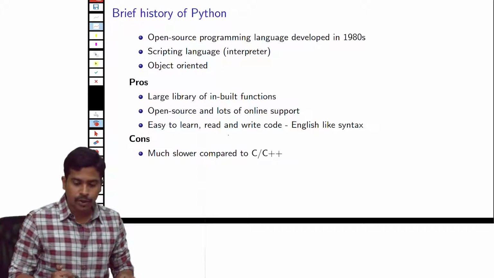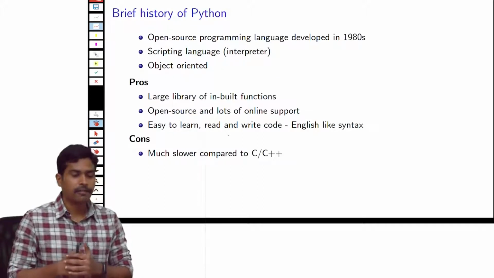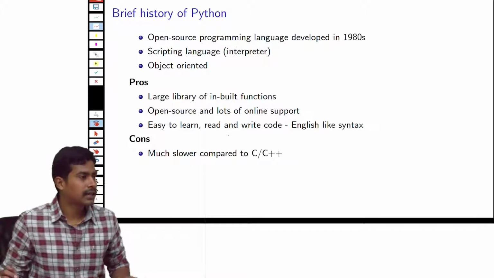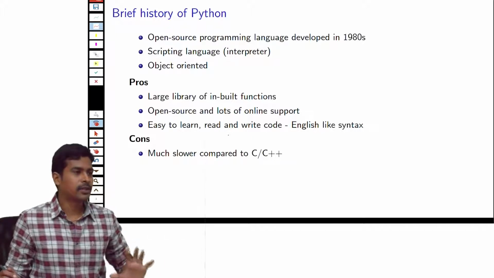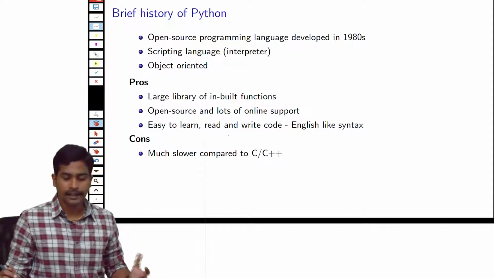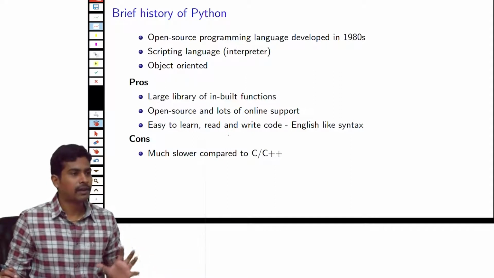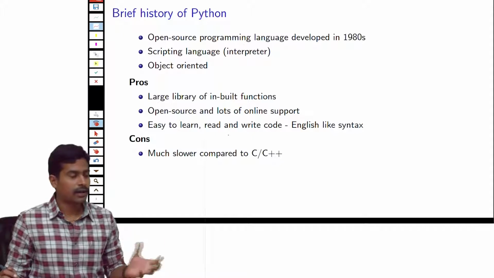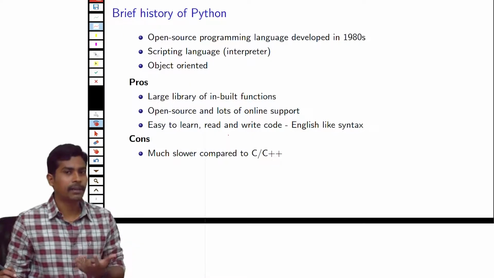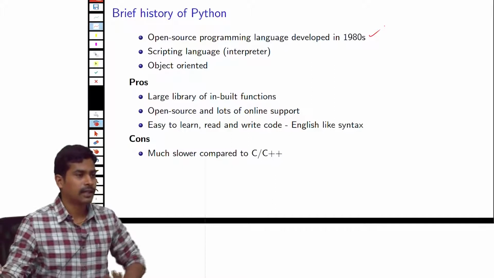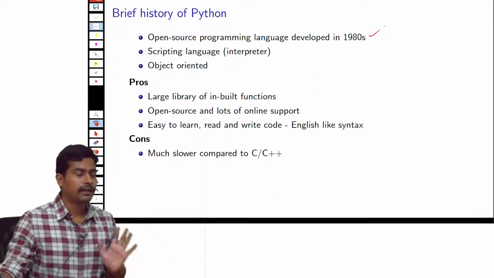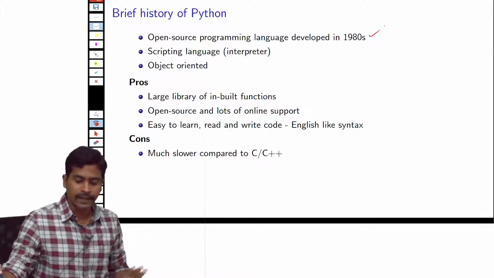Now let's go into a brief history of Python. Python was originally invented in the 1980s, and it was first used for word or text processing kinds of applications. But later on, because Python is very easy to learn and has a very powerful inbuilt library, people adopted it in different applications. Now Python is used in many applications ranging from academics to machine learning and a lot more.